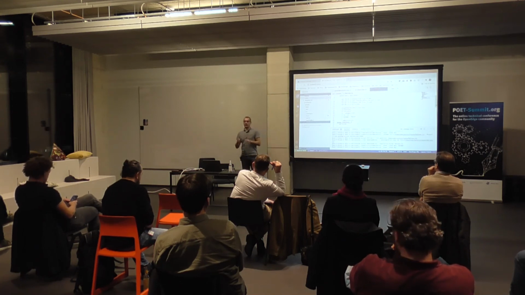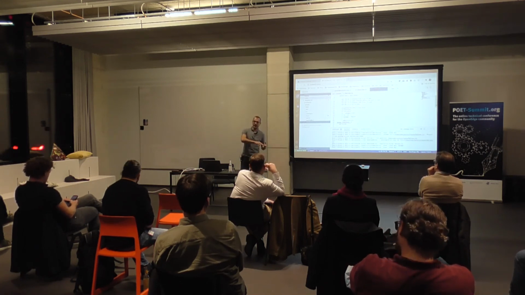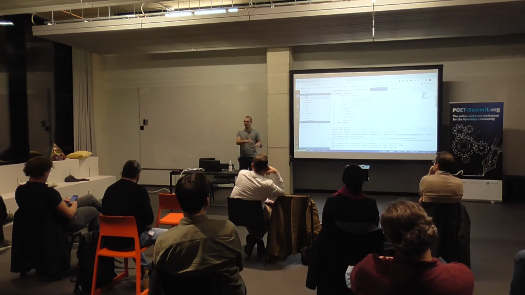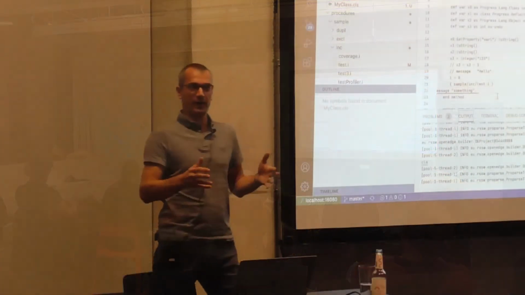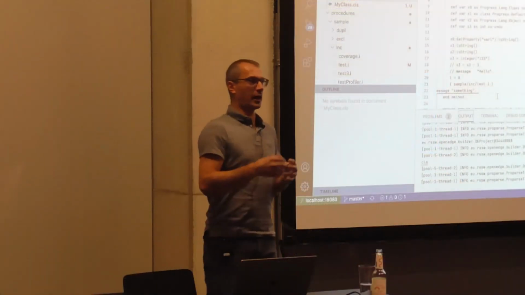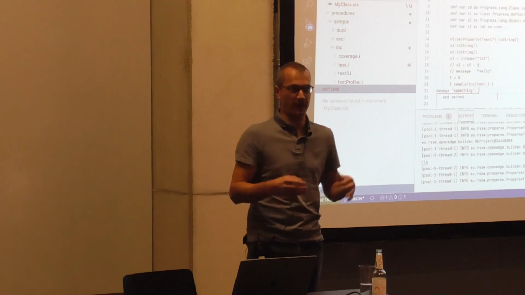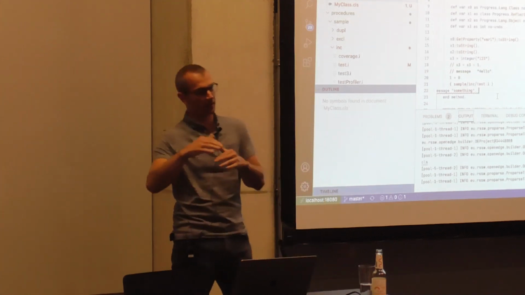Currently, the status of the parser is that we are able to understand up to 12.5, and it's not possible to say this is source code version 10. So it just accepts anything. However, what will be possible to do will be to say, I would like to have the 11.2 version of the parser and have only access to what is available in this version. So that's step 2.